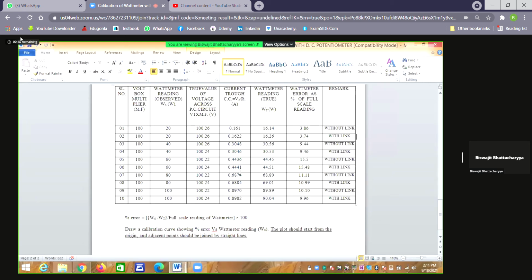Then W2 equal to this into this by that, using the formula. You have to show only one sample calculation. Don't think that you have to show calculation for all 10 serial numbers. No, not at all. Please remember,